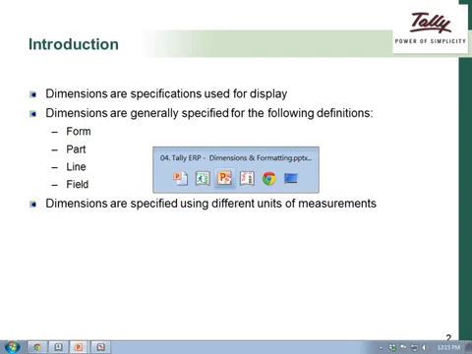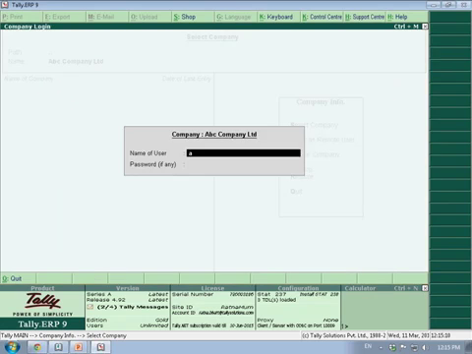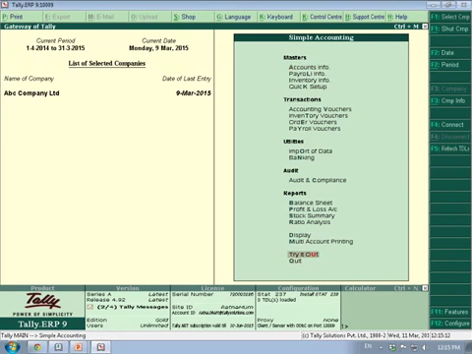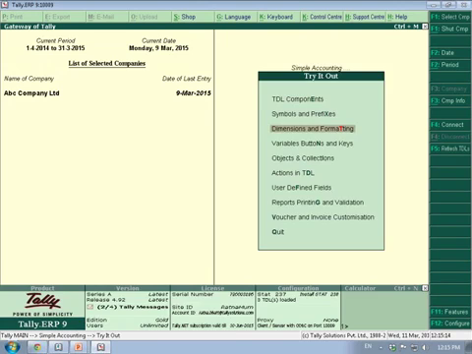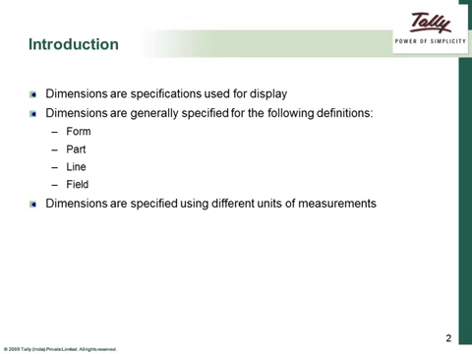So we'll just open a report. This entire area that you see, this dark green banner with this white area to the bottom here, this is a report. So you cannot give a dimension in the report, but for the form, part, line and fields you can provide dimensions